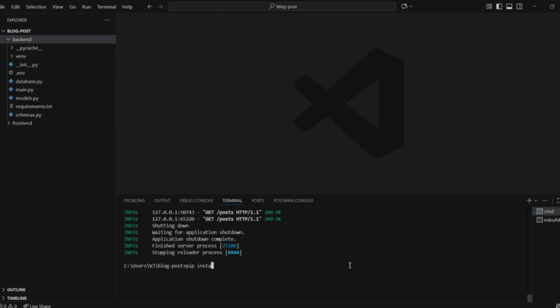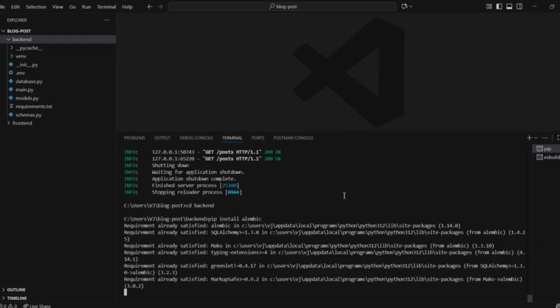So, what is Alembic basically? It's a database migration tool used along with SQLAlchemy. It helps us manage changes in our database schema, like adding, updating, or deleting tables and columns, without doing everything